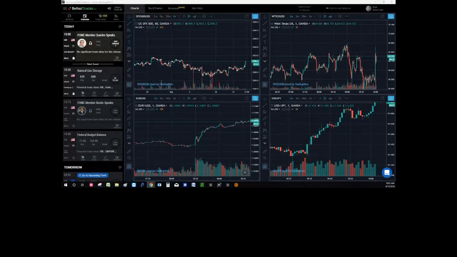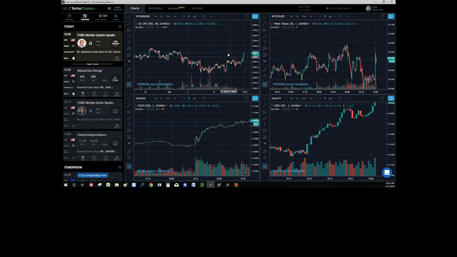So the idea behind BetterTrader is to equip day traders with enough actionable analysis, without any human bias, so that they can take the next action in the market and understand why they're doing it and what the statistics behind it are. And not just buy because they feel it's a good opportunity to buy.